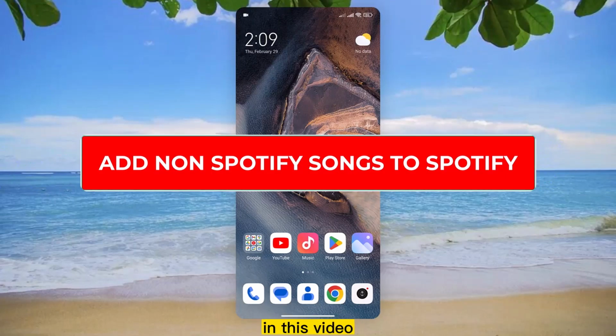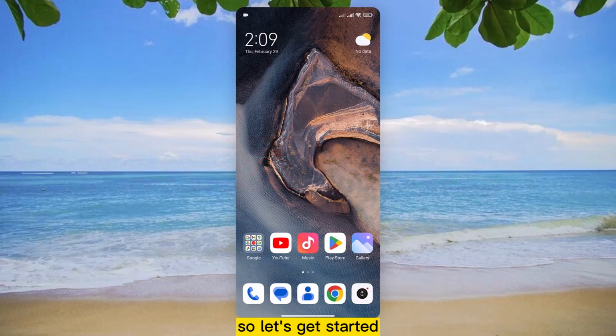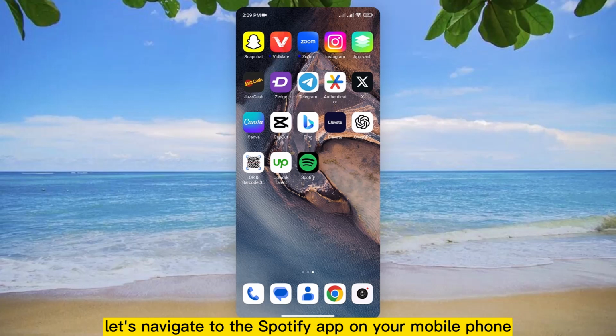Hello everyone! In this video, we will see how to add non-Spotify songs to Spotify. So, let's get started. First of all, let's navigate to the Spotify app on your mobile phone and tap to